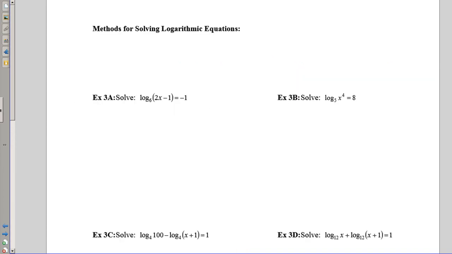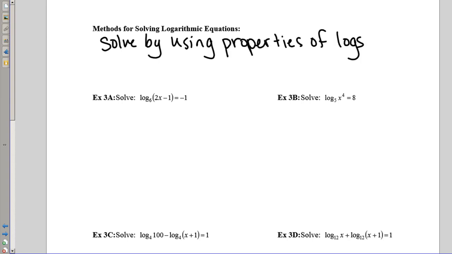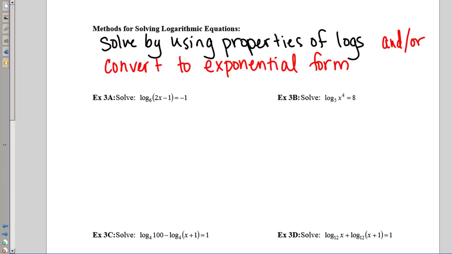So some methods that you might use is you might solve by using properties of logs, and or you may convert to exponential form. So as we said in class, logs and exponents are inverses of each other, so they undo each other. So if we need to undo a log, we need an exponent and vice versa. Okay, so let's take a look at the first example, which is log base 6 of 2x minus 1